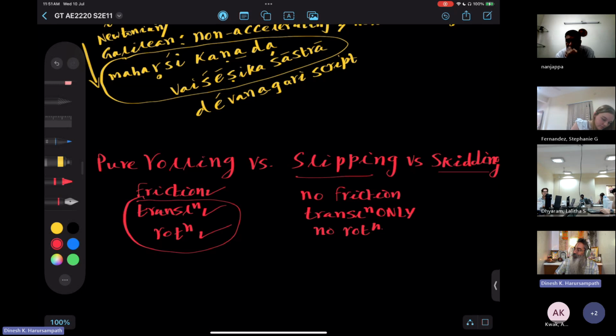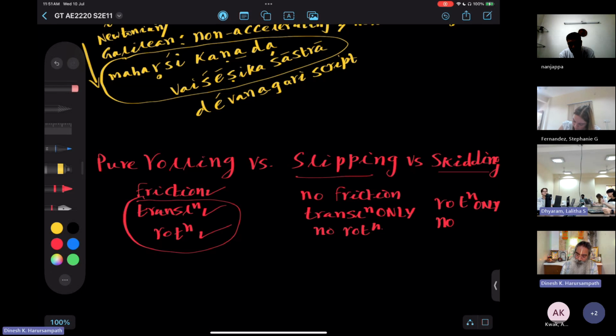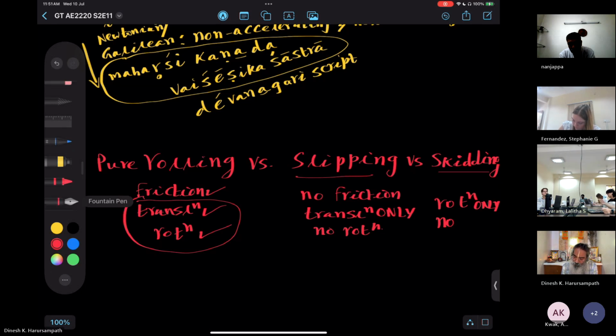Anybody else? It's skidding that there's just rotational acceleration and no translational. Like when you skid out in the mud. But there would have to be friction because for the rolling, but and well,